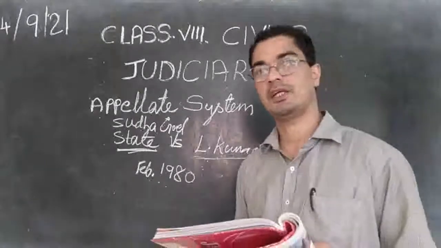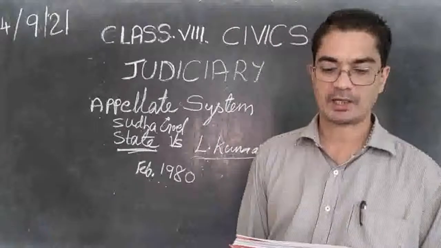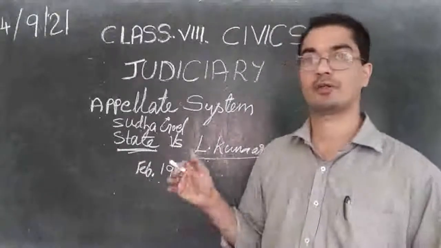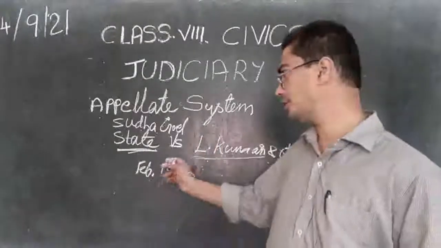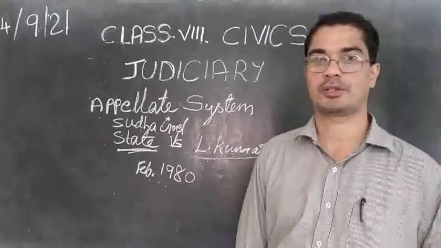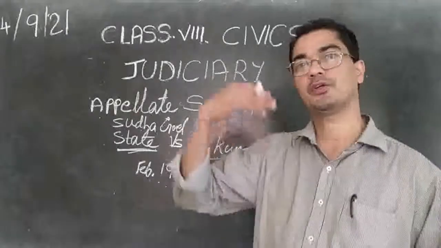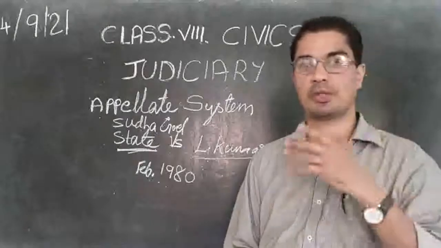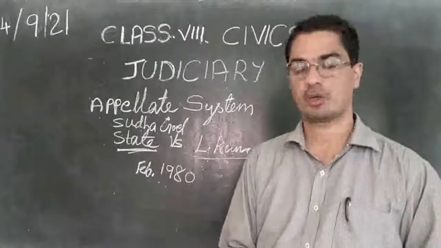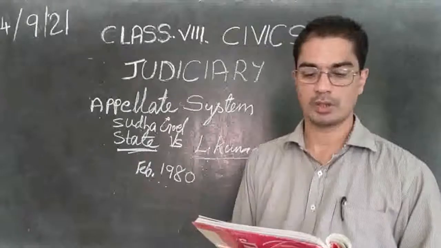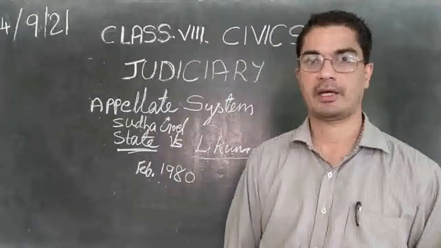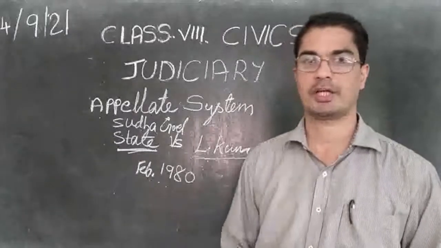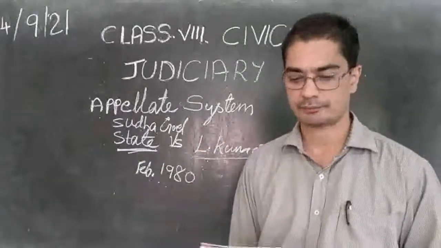So in November 1983, the three accused went to the High Court. As per the trial court, three of them will be put to death, so they are not happy with this judgment of the lower court, and so they went to the High Court. That is the appellate system. They are able to appeal to the higher court. So they went to the High Court to appeal against the verdict of the trial court.